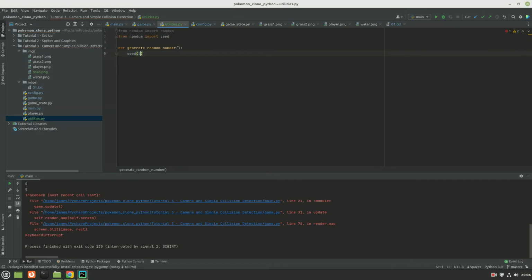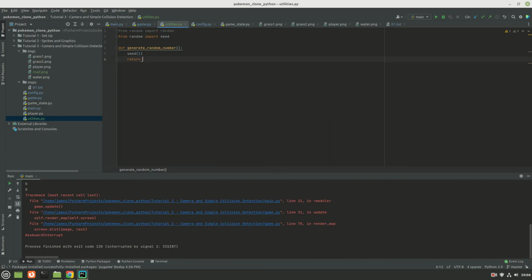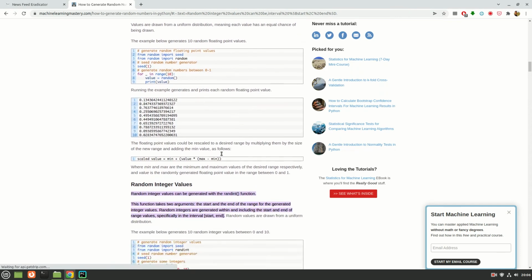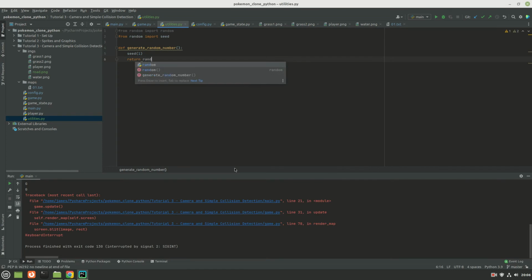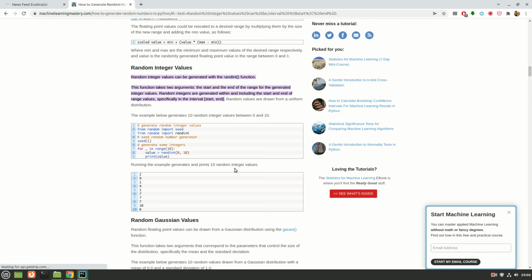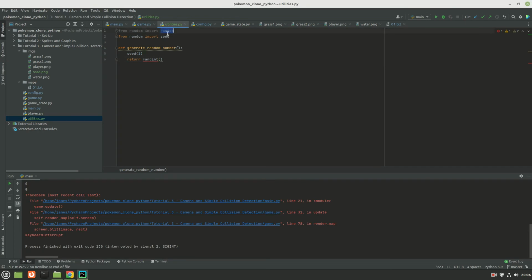So we call seed, I don't really understand what that does, and then we are going to return rand int. Oh, we actually need rand int instead of random. That's a specific library in Python for generating exactly what we need, which is random integers. So we're going to go 1 to 10.